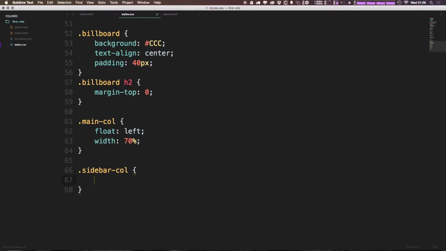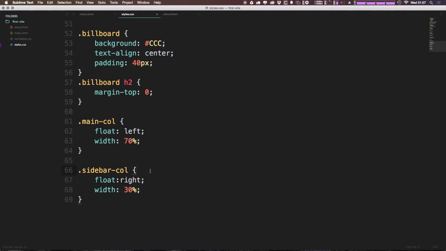And since we want this to be on the right side, we can say float right. Now it's important to know you could also say float left for this, because a float left is still going to pull this out of the document flow, and since we're going to be taking up 100% of the width here once this is all done, it really shouldn't matter. However, just because this is a left and right thing, we'll leave this as float right. So here we can say 30%. Okay, like so. So the sidebar is going to take up 30%, the main column is going to take up